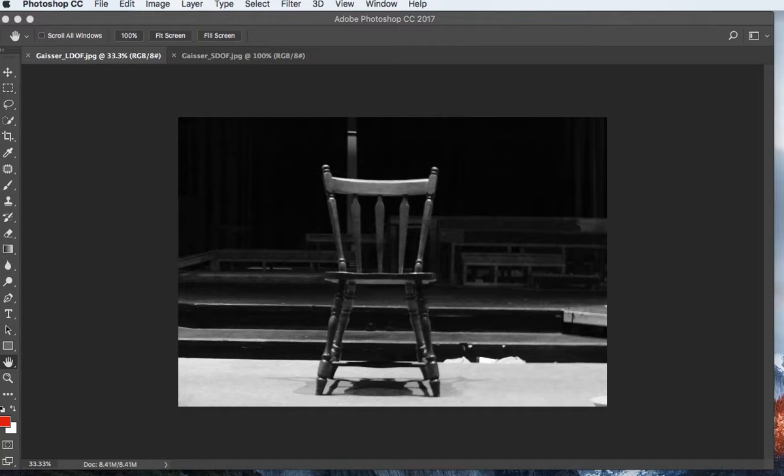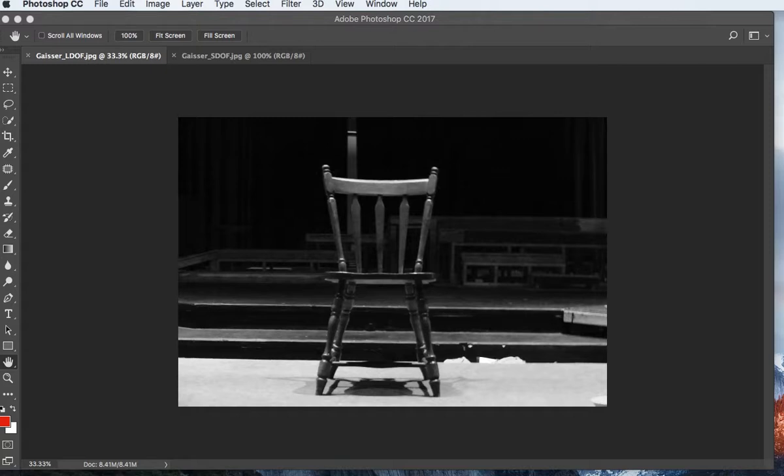A small depth of field, the foreground is going to be in focus and the background is going to be out of focus, or the foreground also could be out of focus. And then a large depth of field is going to be an image that has everything in focus. There's really three different factors that play into this. It's the f-stop or aperture setting, the distance you are away from the subject, and then the type of lens,